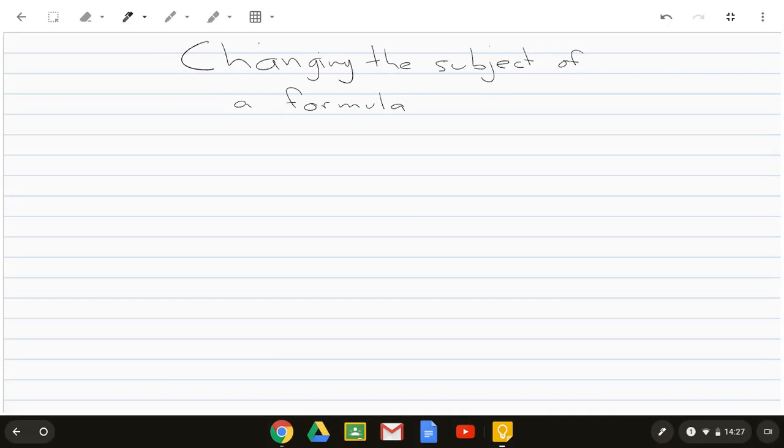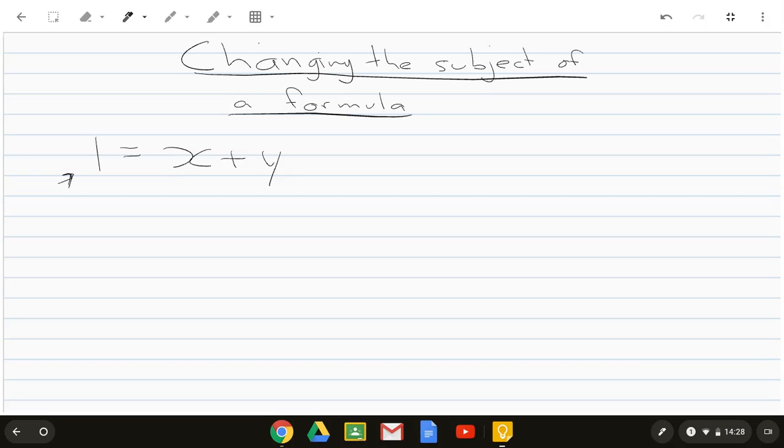Okay, in this video, what I'm going to show you is how to change the subject of a formula. So if I have an equation y equals x plus 1, I might want to have it so that my equation equals 0. So what I want to do is to get a 0 on one side of the equation. If I want to get it on the left of my equation, what I need to do is